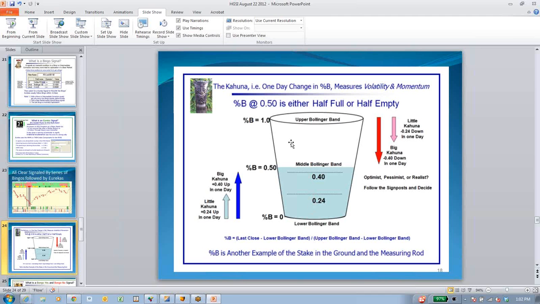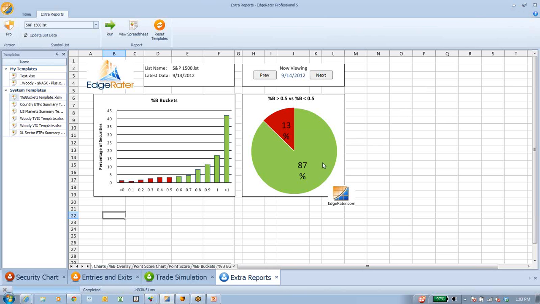So we use the S&P 1500. I want to know how many stocks are above 50 versus less than 50. I know when it's above 70 or 80, it's bullish, very bullish. But I also know that if I get a big number up here, it's time to start thinking about booking some profits. But it can get a whole lot higher. So what do we see?